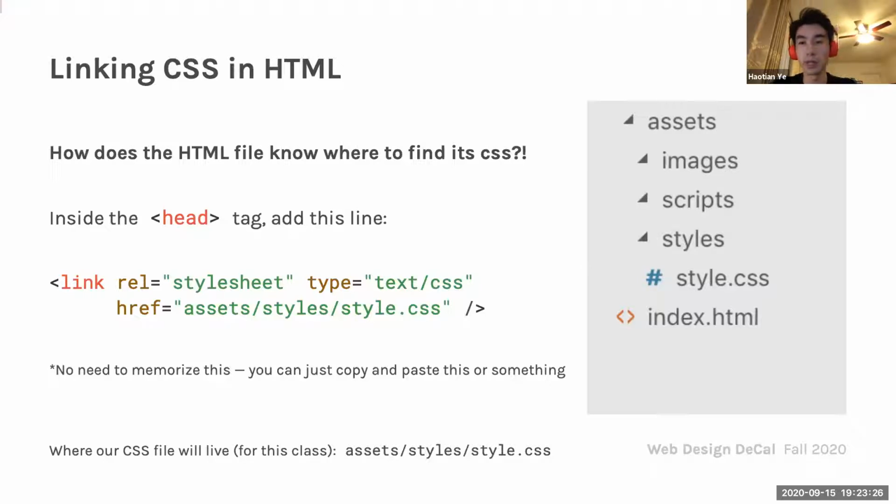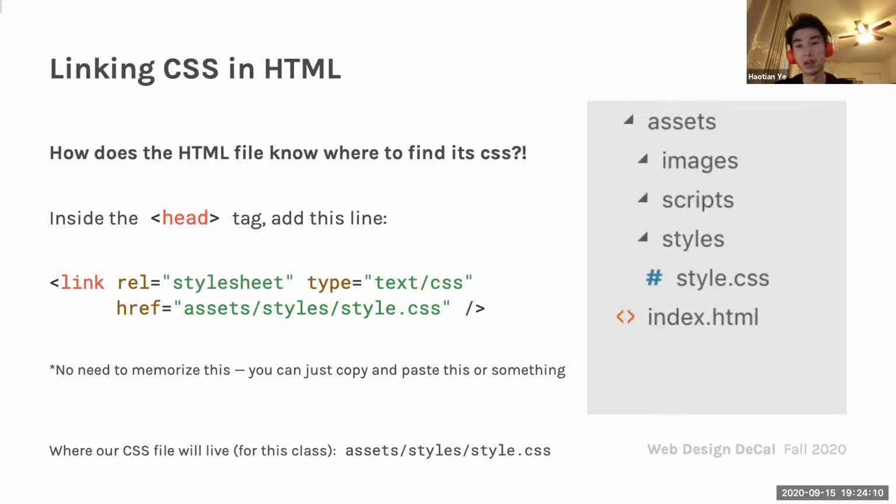There's also internal and inline CSS. Some of you for homework 1 probably used, for the image, since some of your images might have been super big, the width attribute and then you said equals like 200 or something like that. That's called inline CSS, which also works. As you can tell, your images probably shrank. But if you can imagine, we're going to be applying a lot of styles to one element. And if we do inline CSS for all these styles that we apply to this one tag, it's going to look really ugly in your HTML file. So that's why we teach external CSS, because it keeps our code separate and easy to read.